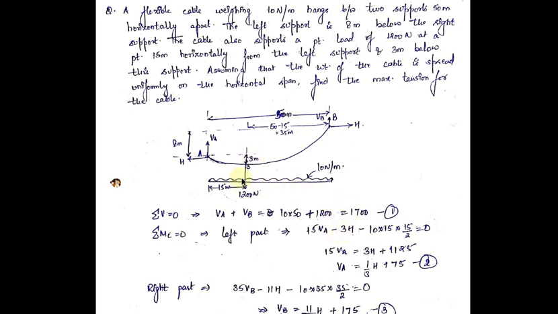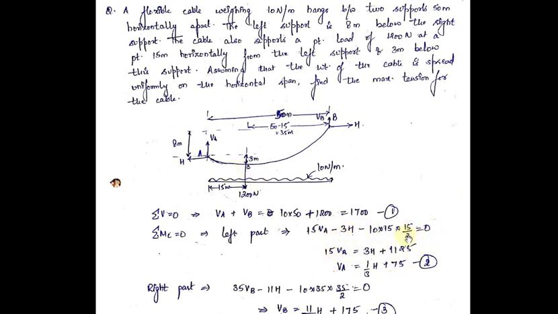Now the third force on the left part of C is your UDL, and this UDL is also acting in the downward direction. So this UDL will produce an anti-clockwise movement about C. So for anti-clockwise we will take minus and convert this UDL into point load. So UDL is 10, the length is 15. So minus 10 into 15 is your point load, and this point load will act at half of 15, that is your 15 by 2. So the perpendicular distance of 10 into 15 from point C will be 15 by 2. So this is equal to 0.